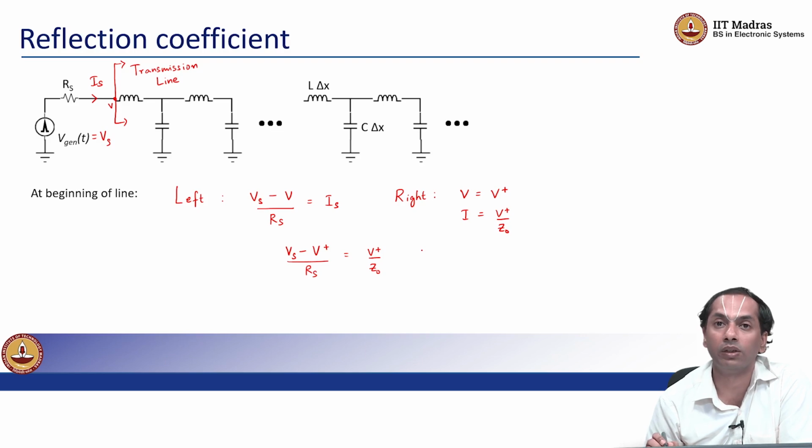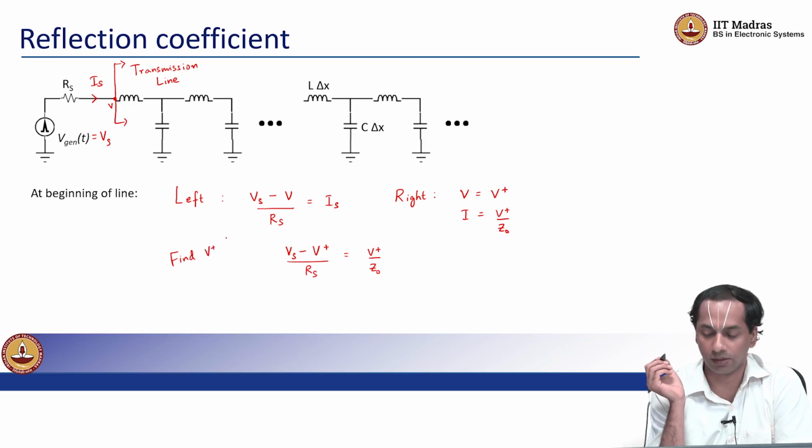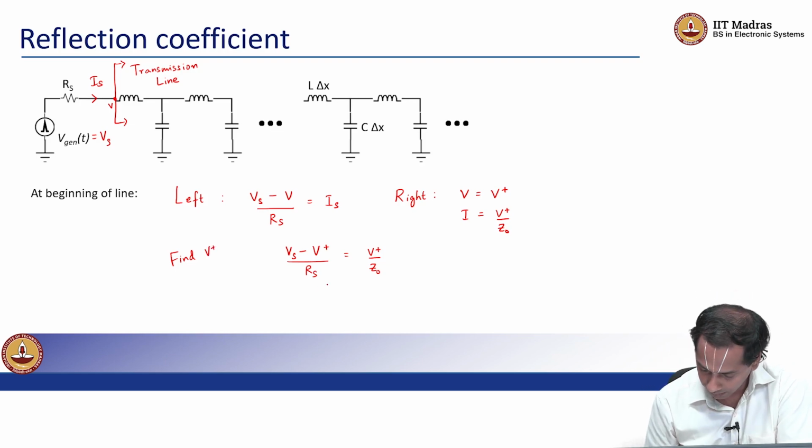So here the unknown is V plus, right? So we want to find V plus given your Vs, right? So a simple rearrangement will give you Vs times